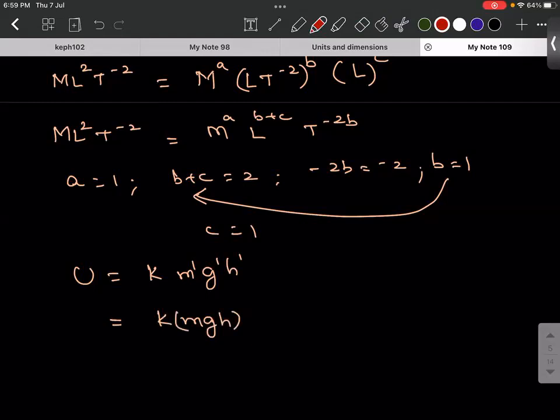In reality, what is the k? 1, which we will be able to derive in the proper manner. So using dimensional analysis, you can never find what is the value of k. I hope it is clear. So we are done with